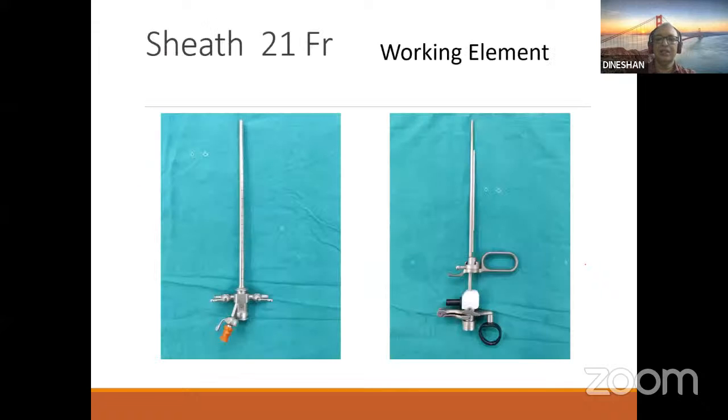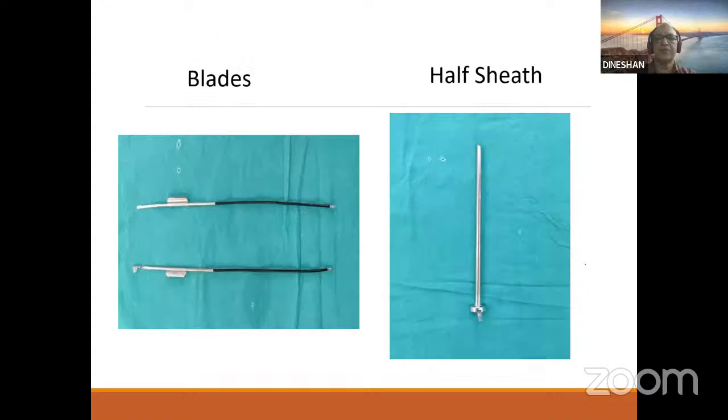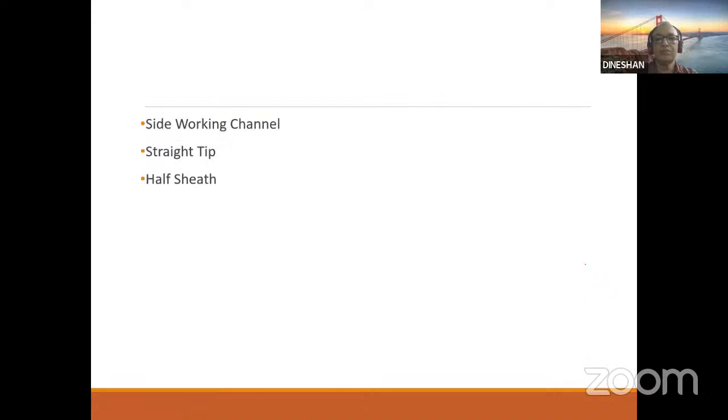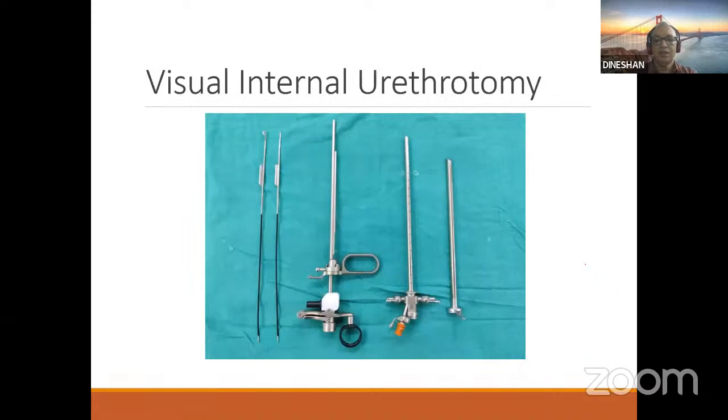And there is another thing, you have a half sheath. This is the half sheath, which can be connected to the main sheath.